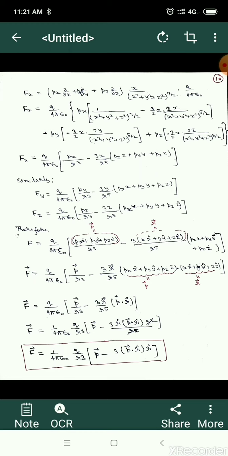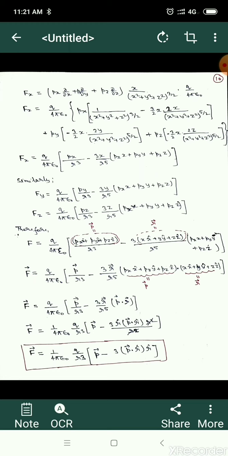Then, by taking 3x by r⁵ as common, we can write, and if you see here, that is px upon r cube, where x² + y² + z² to the power 3/2 is equal to r cube. So this is only one part of the whole Fx, that is Fx is equal to q upon 4πε0 [px upon r cube minus 3x upon r to power 5